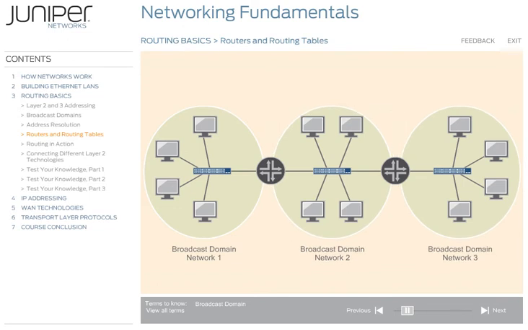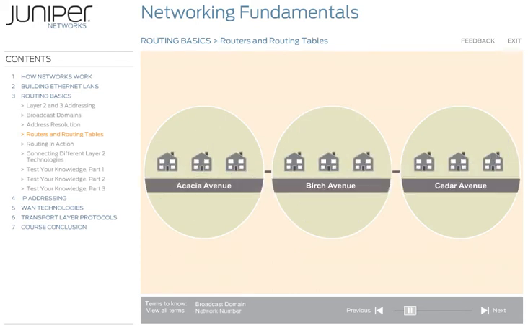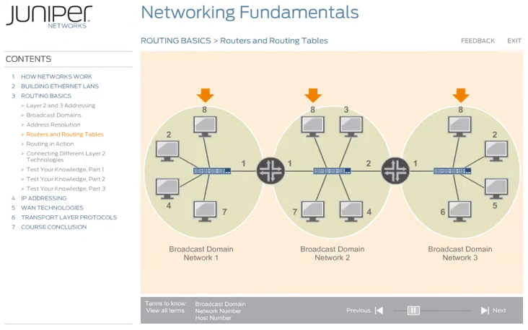Each broadcast domain then becomes a single separate network. Within a group of interconnected networks, each network or broadcast domain must have a unique network number, just like a street name must be unique within a city. Each host on a network must have a unique host number, which is similar to a house number. Just as the same house number might be found on different streets, the same host number can be used on